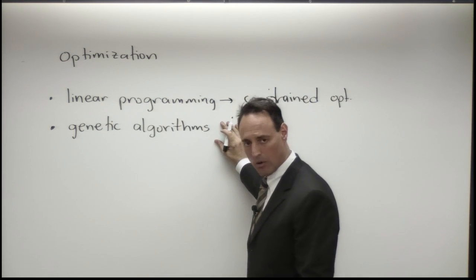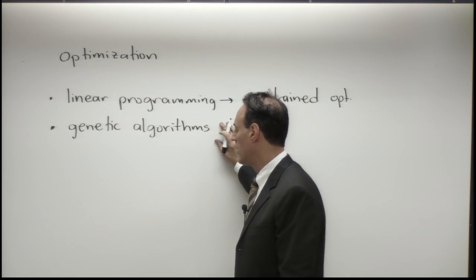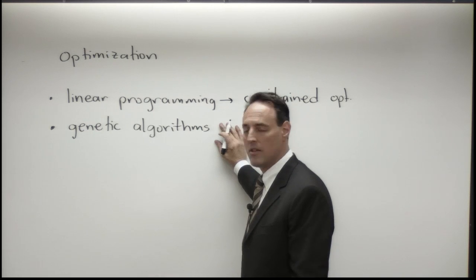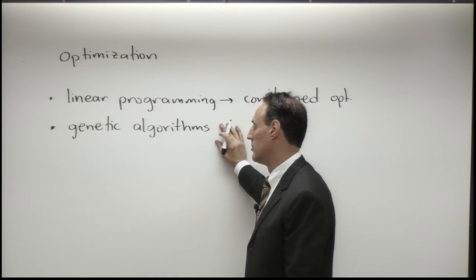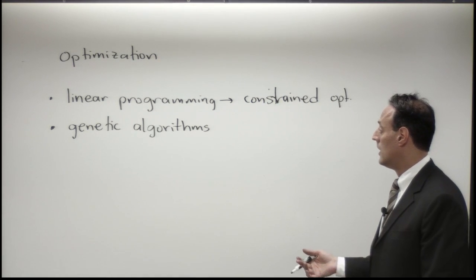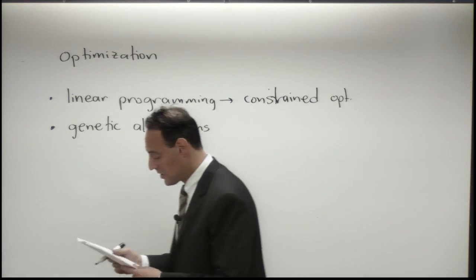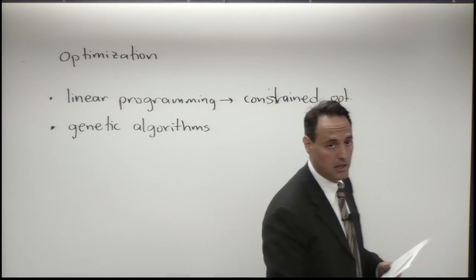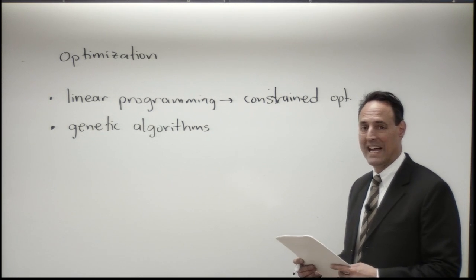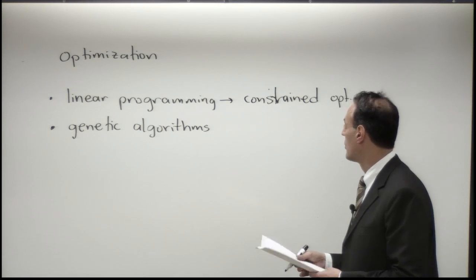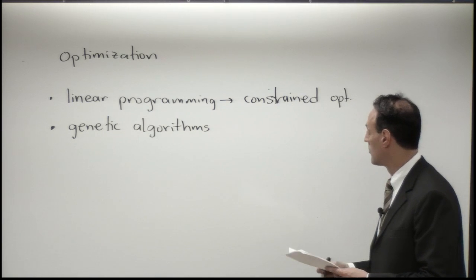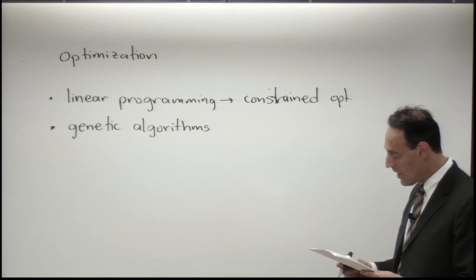It pops up all over the place because a lot of problems nowadays, when you try to optimize, are very complex with a lot of free parameters, and none of the standard optimization routines are going to give you a result in any way. So the genetic algorithm, however, might be able to do something for you. Okay, so this is going to be the idea. The lecture itself today will be a little bit shorter, perhaps, but I just want to get to the computer and show you how to execute some of these, and we won't go into too much of the details. The details, especially about the linear program, can be found in the notes, and it's related to the simplex method. All right, so